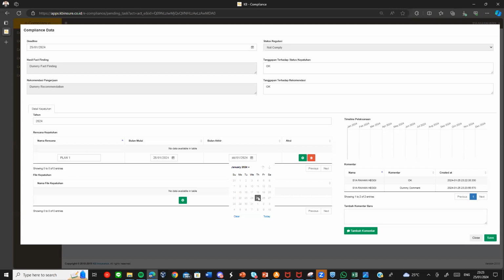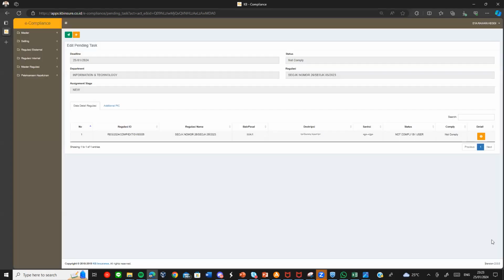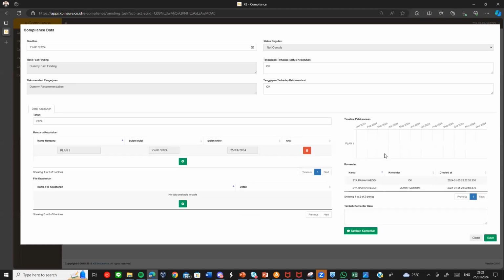This is the min and max of the data related to the deadline. So the checked PIC can create the plan outside the time. And if we see, there is a new entry in this diagram, the plan one, but the diagram is too small because we only selected 1 day in January. So it is so small because this shows the 12 months in the year. But we can see in the table, the plan is already inputted into the system.